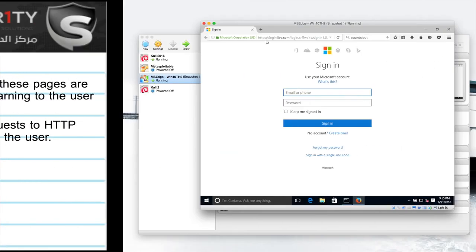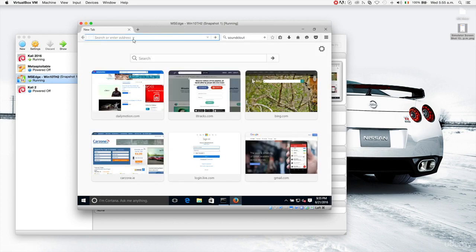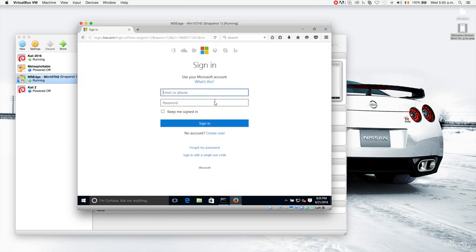So I'm going to go back and try to go to hotmail.com, and you'll see that instead of the HTTPS version that we were getting here, we're actually going to go to an HTTP version of hotmail.com. Now notice the top here. Notice that there is no HTTPS, so we're actually at the HTTP version of the website. You'll also notice that we didn't see any warnings, so it just looks exactly like a normal hotmail.com. So I'm going to put in my email,